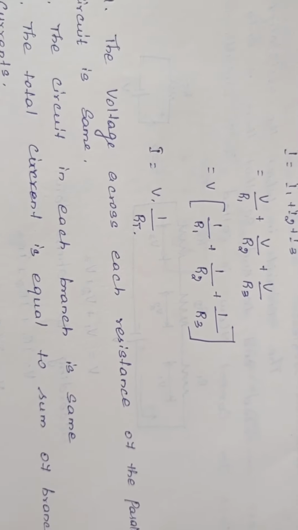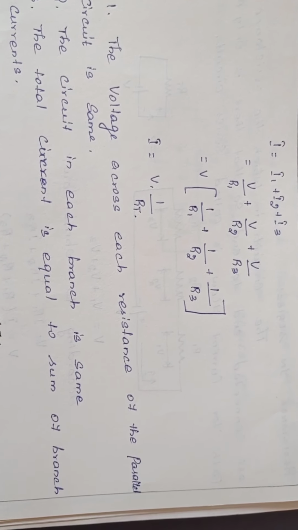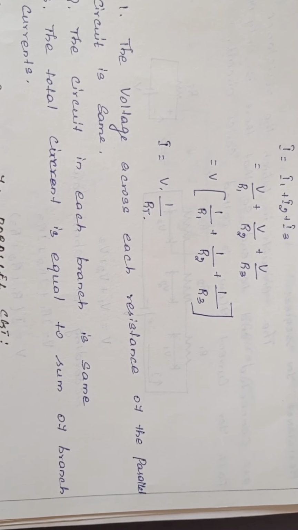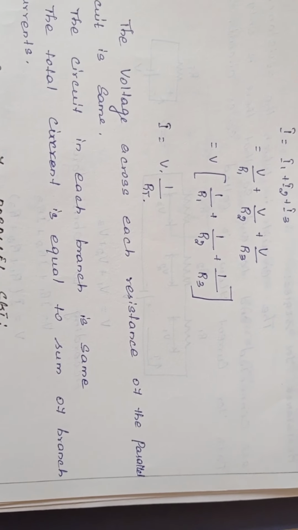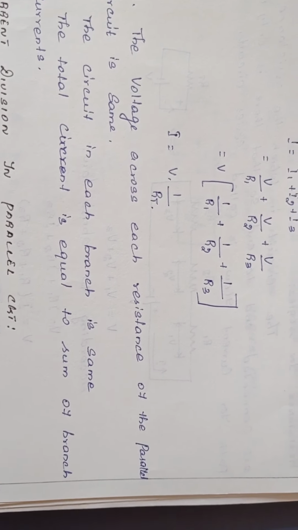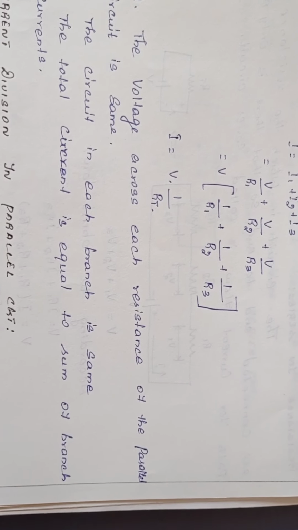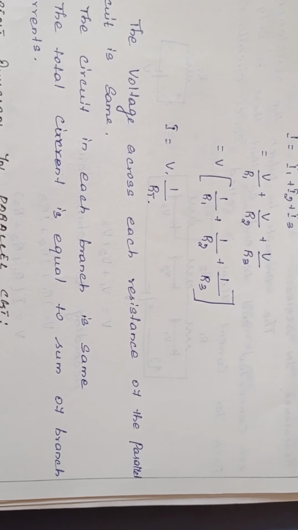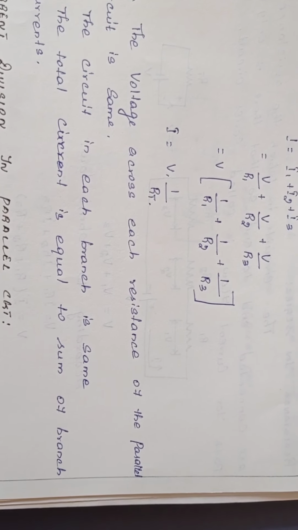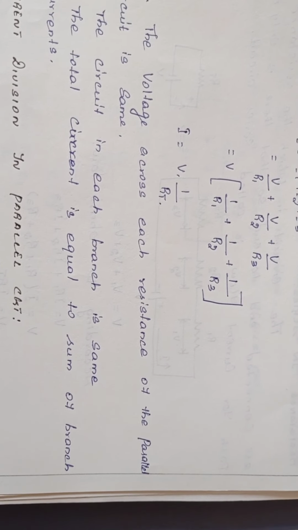So what is the concept of a parallel circuit? The same voltage across all elements. All elements will have individual currents depending upon the resistance of the element. The total resistance of a parallel circuit is always less than the smallest of the resistances. Powers are additive, conductances are additive, branch currents are additive.